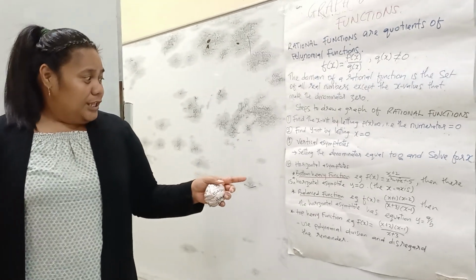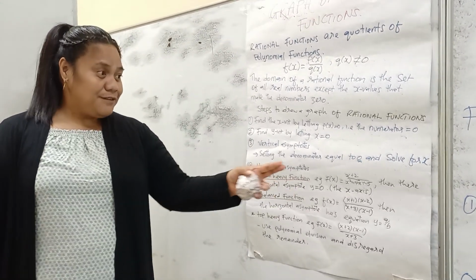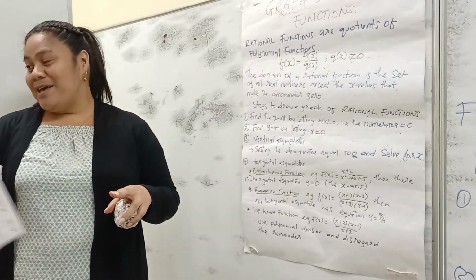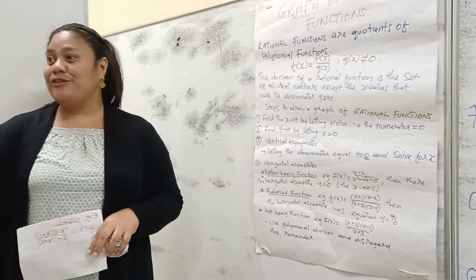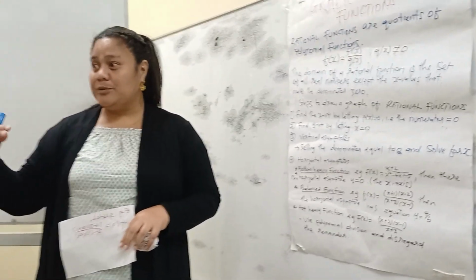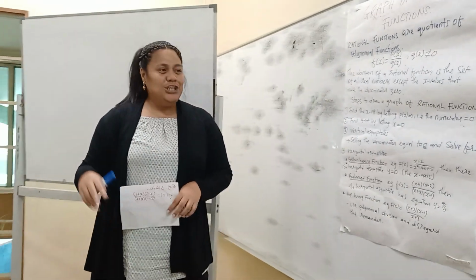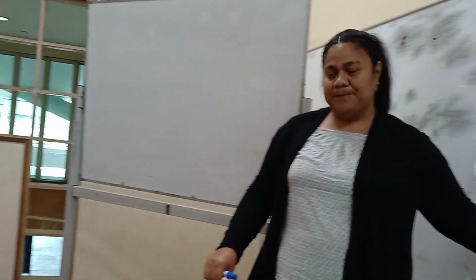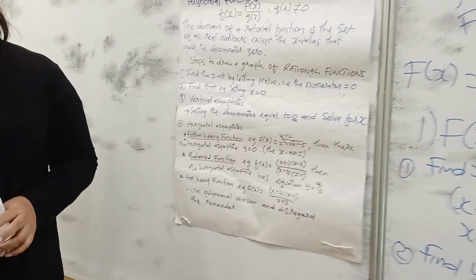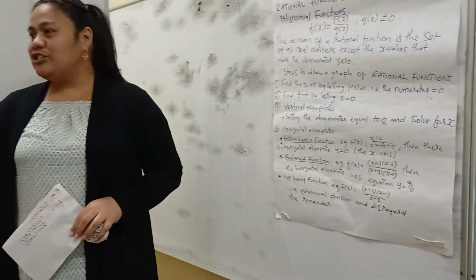So what if the function is balanced? I mean the degree of the numerator and the degree of the denominator is equal. Then you must take the horizontal asymptote as an equation y equals a over b, which means that you must take the coefficients of